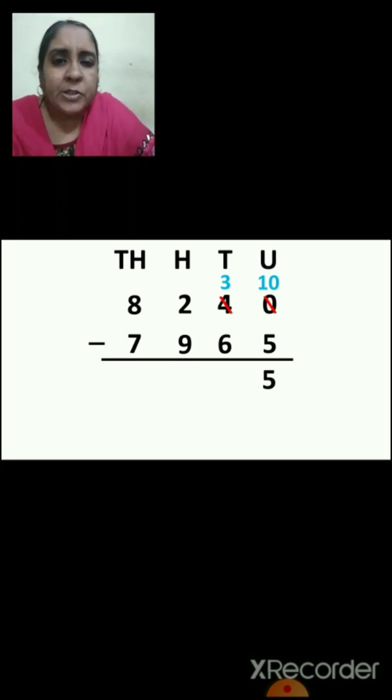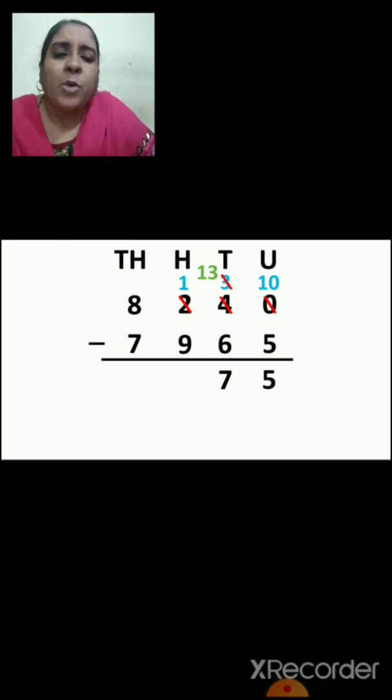See 3 and 6. Again, you cannot subtract 6 from 3 because 3 is small, right? So you will go to hundreds place. So you will cut 2. 2 minus 1 will be 1 in hundreds place. And now you can borrow 1 to tens place. So you will cut 3. And what will come in tens place now? 13. Now 13 minus 6. Find out how much it is. 7. Very good. 13 minus 6, 7. Now we will go to hundreds place.